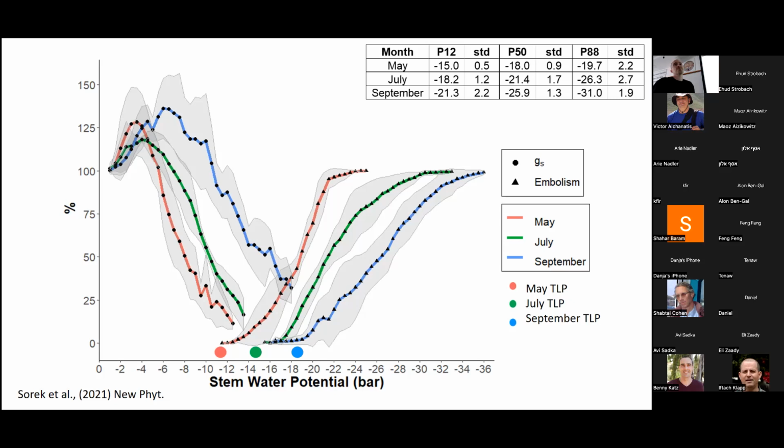Is the process of cavitation reversible, or once the cavity forms, that's it? So I told you, I think there's only reliable data for the reformation. It's basically refilling, called xylem refilling, the phenomenon, in maize and in grapes. Probably it happens in many species. It would require, from a physical point of view, positive pressure, right, to dissolve gas bubbles. So plants have positive root pressure, not really at this season, but like a month ago,